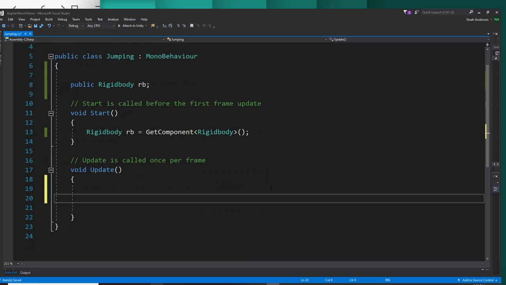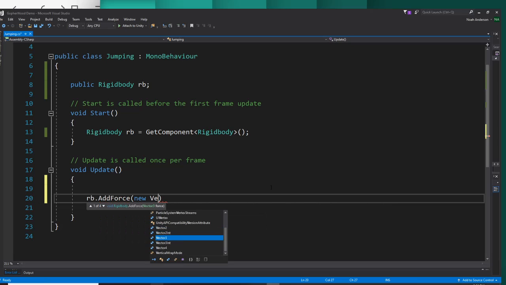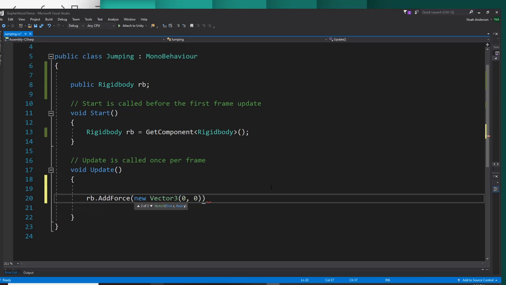Then this is where the AddForce comes in. We're going to go ahead and say rb.AddForce. And the first parameter that takes is a Vector3, so we'll say new Vector3, and this takes an x, a y, and a z value. And then the next thing is the force mode. So ForceMode, and we'll just go ahead and say .Impulse for this video to give you a quick instant